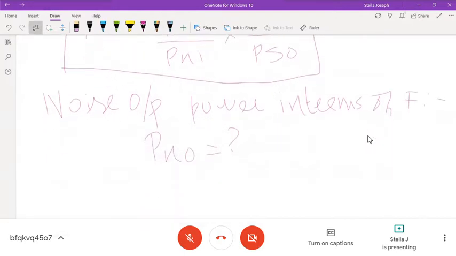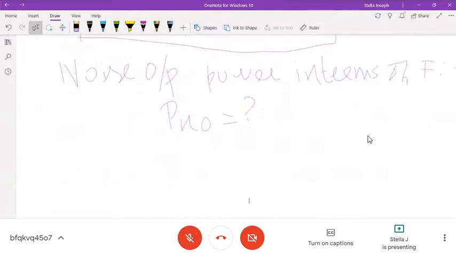Normally, listen carefully, how do we find the gain of an amplifier? G is equal to output by input. If I need to identify the performance of the system, then we need to know the actual output. Whatever calculation method I use, I substitute and get some value, and when I compare it with the known output, I get the performance. So here, we are going to measure the gain as PNO.